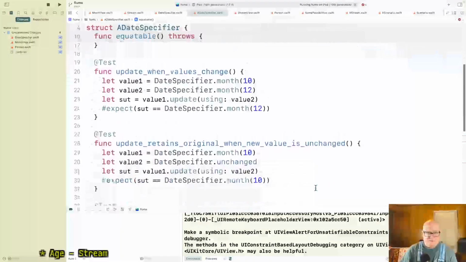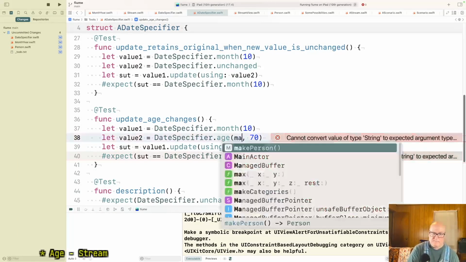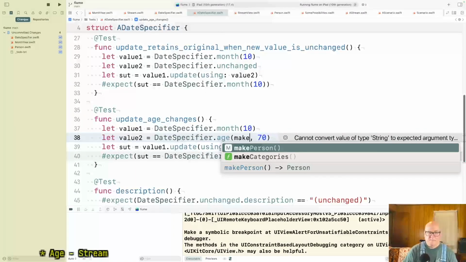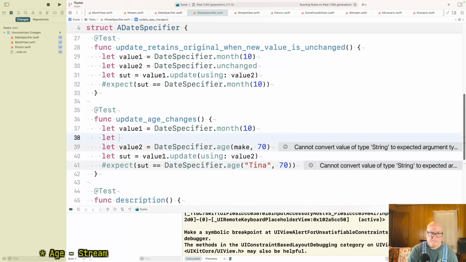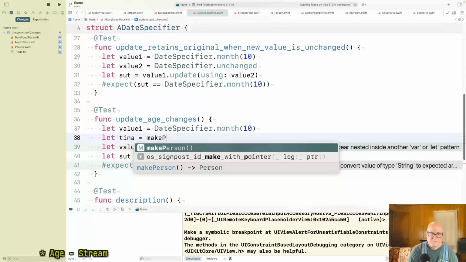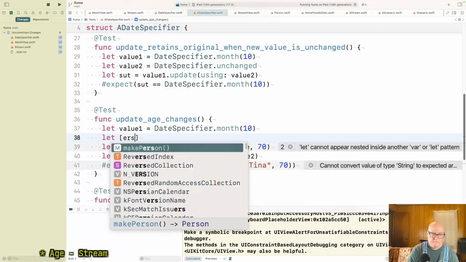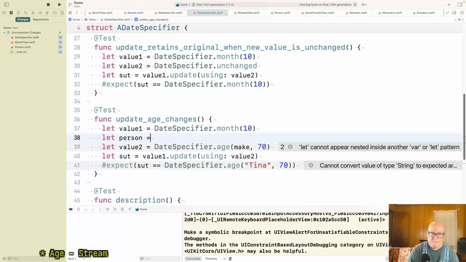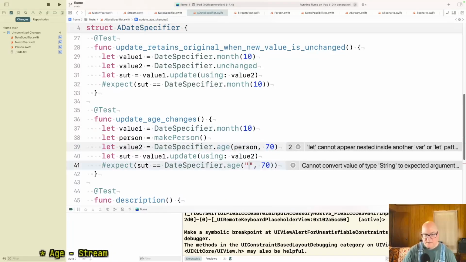I mean, the age matters. And we got to use the same person here.